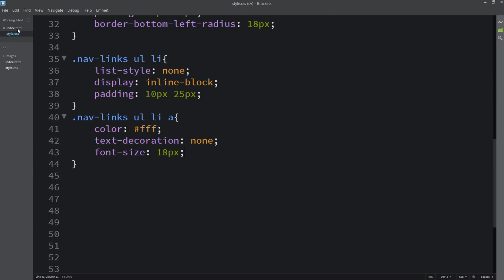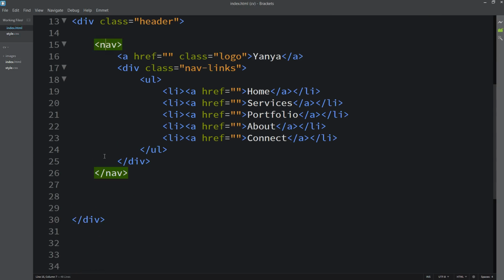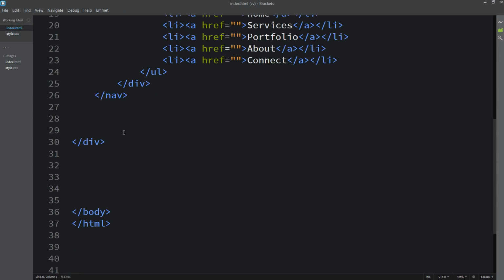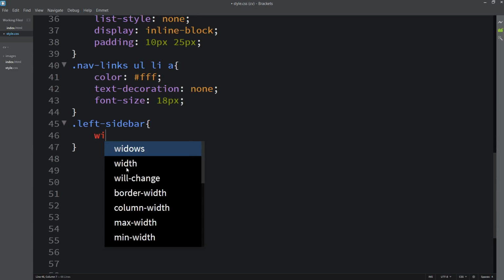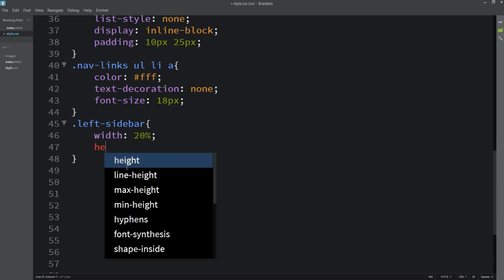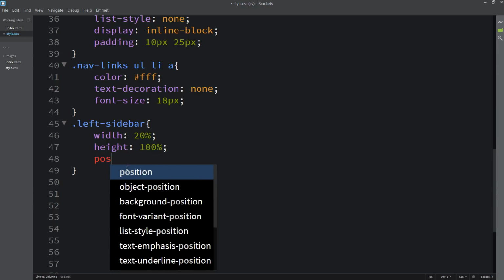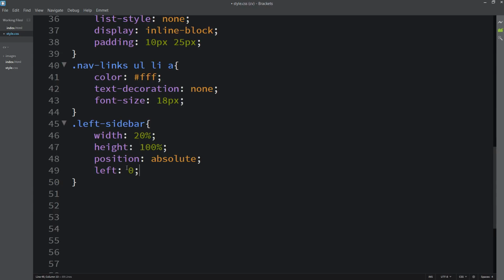Next we will add one sidebar. So let's come back and you can see this nav is closing here. So after this, let's create one div with the class name left sidebar. We will not add anything in this div. We will just copy this class name, come to the CSS file, and here let's add the width and height. It will be 20% and height 100%. Then let's add the position absolute, left 0, top 0, and we will add the background, which is the red